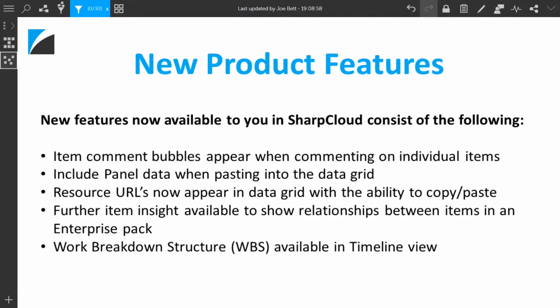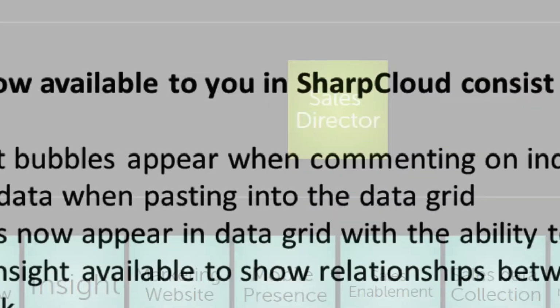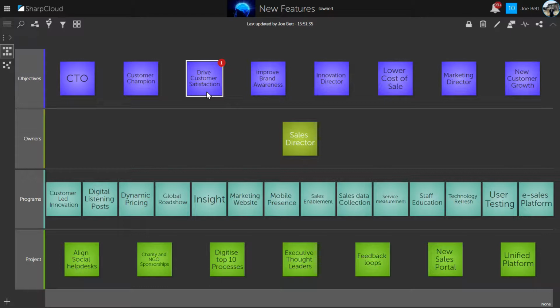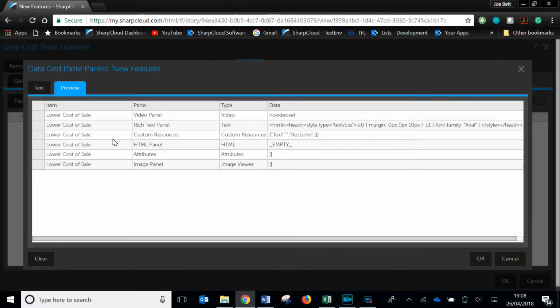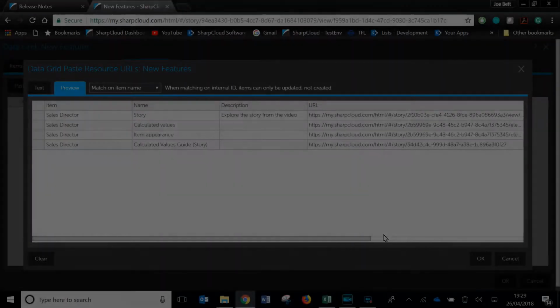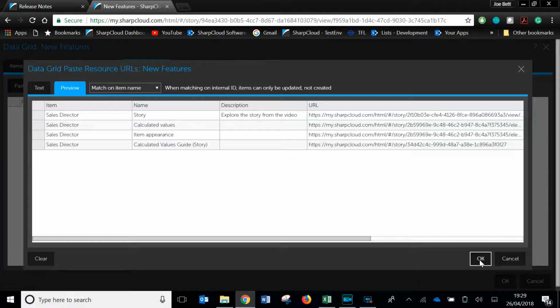This video introduces the new features now available to you in the latest SharpCloud on-premise update. These consist of the following: a red notification bubble that now appears on the top right hand side of an item when commenting on individual items. Users now have the ability to paste panel data directly into the data grid, as well as resource URLs, so